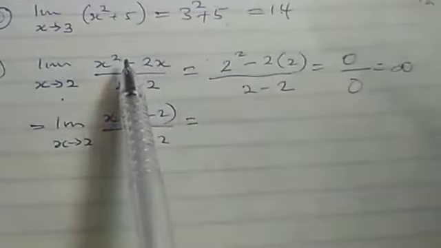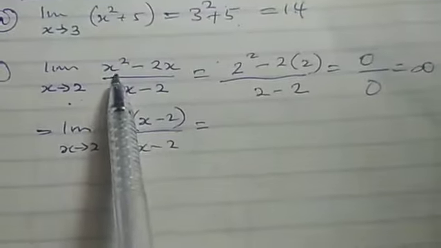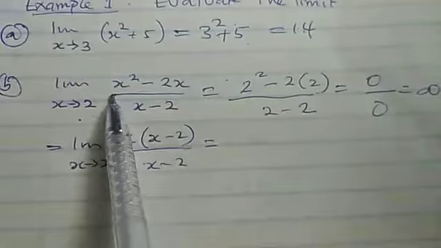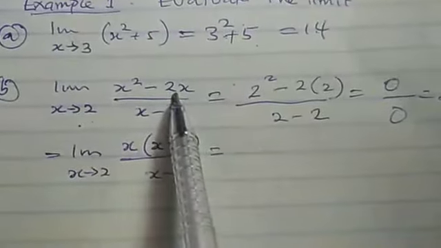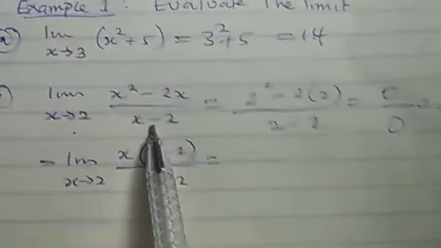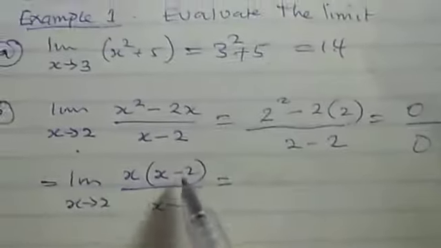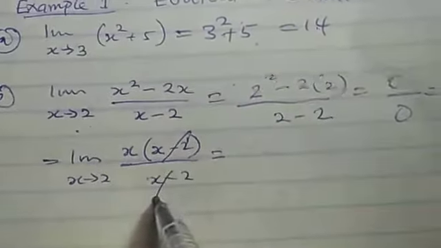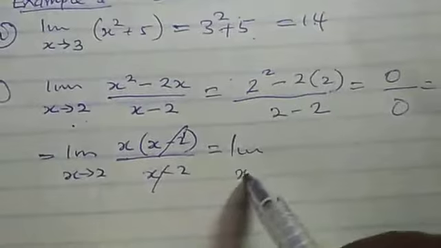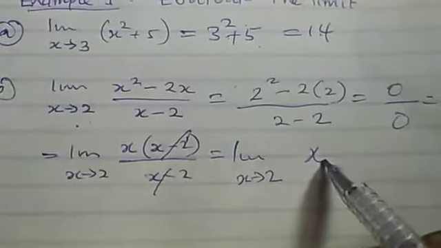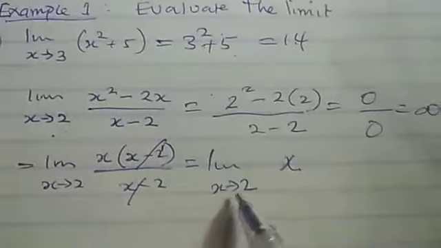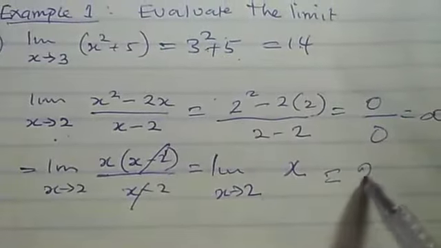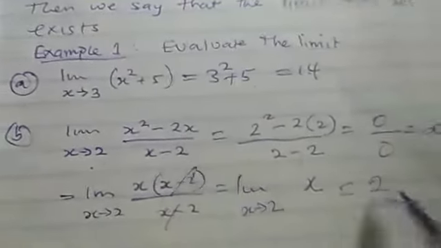We will see that if I don't do it directly, s is common here. If I factorize, it will be s into s minus 2, so that s times s is s squared and s times 2 is 2s, over s minus 2. From this place, we will now observe that this cancels this. What we are going to have left is the limit of s tends to 2 of s. Then anywhere I see s, I'll put it as 2. So our answer is just 2. You see that the value of this limit is 2.